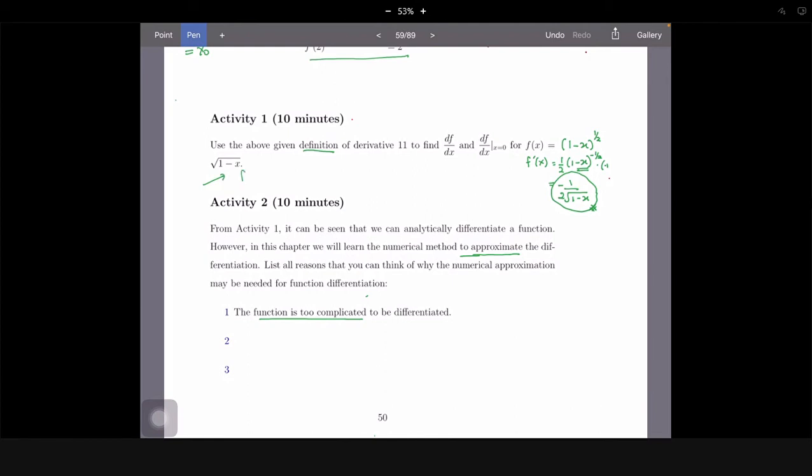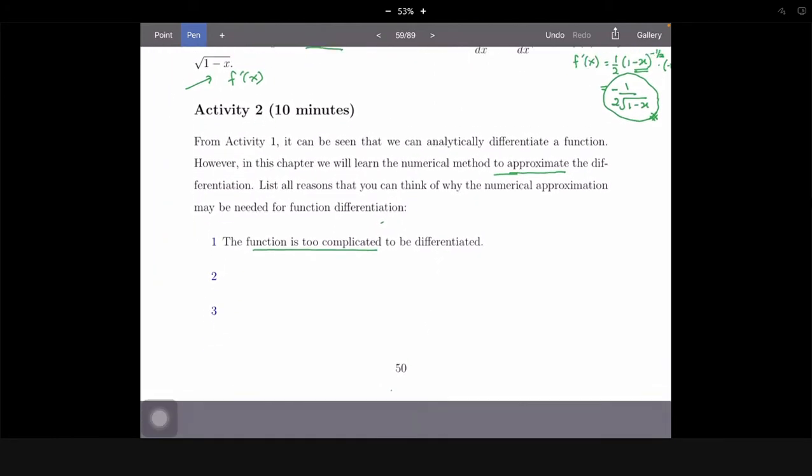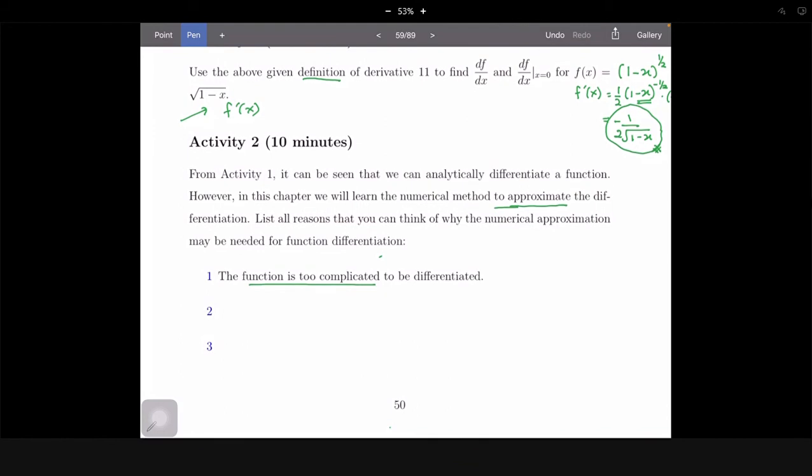Kita boleh cari f prime x menggunakan the first principle. So, kita solve that problem menggunakan calculus kan. So, itu adalah the exact solution. F prime tersebut adalah exact solution. So, dia more accurate sebenarnya daripada numerical method. Okay. Alright, so any reason adalah disebabkan oleh